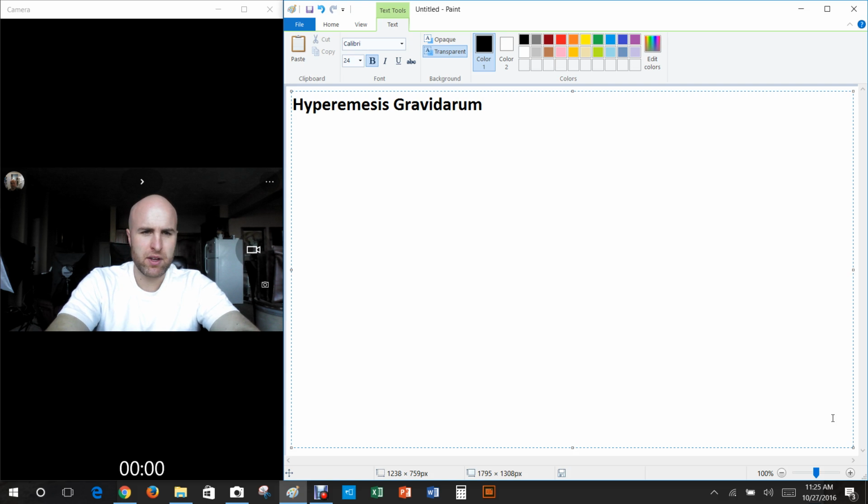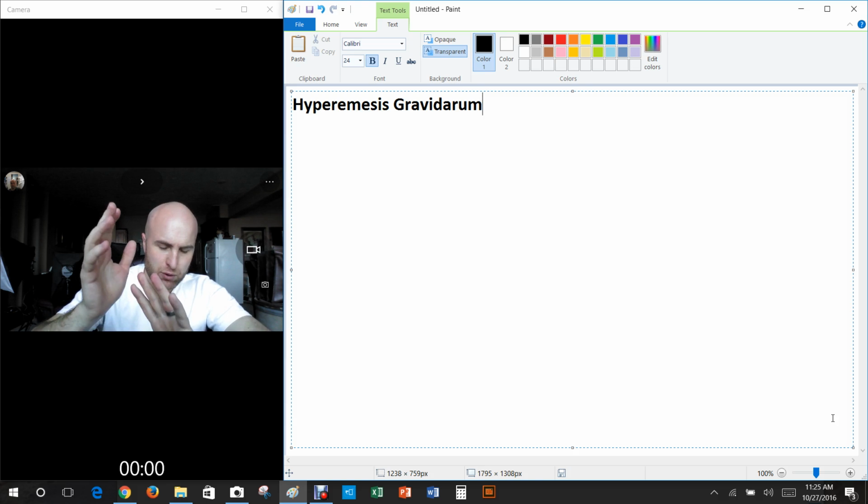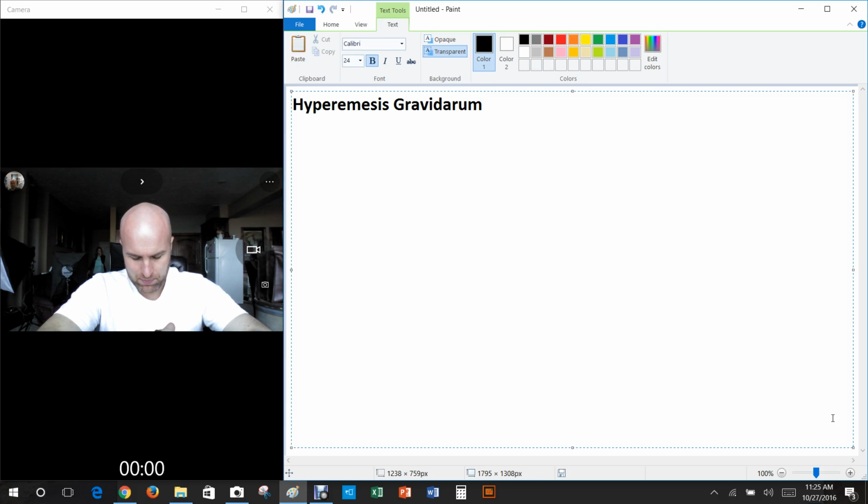It's more common the first time the mother's pregnant, or if there's multiple babies in there, or with molar pregnancies. You usually see elevated beta-HCG and elevated estradiol have been implicated in its pathology. So they think maybe beta-HCG and estradiol have something to do with this. So when you're going to do the history and physical exam, you need to distinguish the difference between morning sickness from